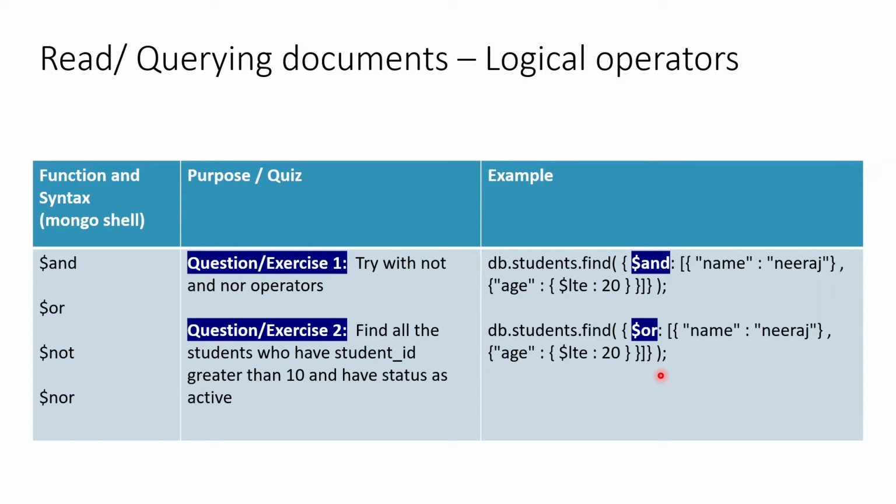So we will see some records whose name matches Neeraj, or some students whose age is less than or equal to 20, or students where both the conditions match. There is no hard constraint when using or that both conditions cannot be true. This can be true as well. Now, as an exercise, you have to find all the students who